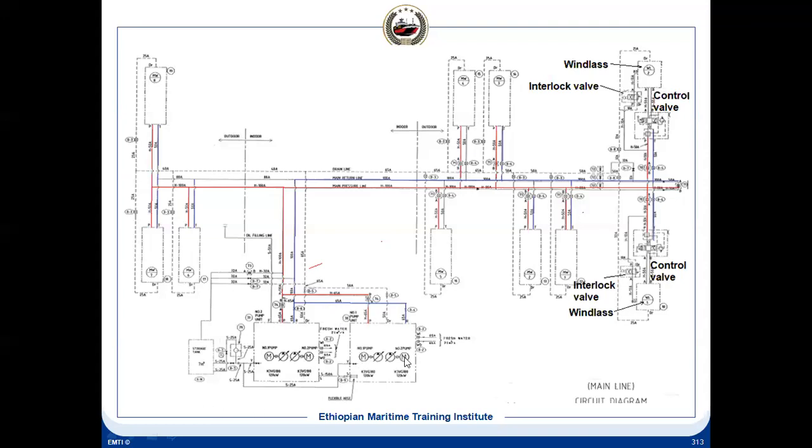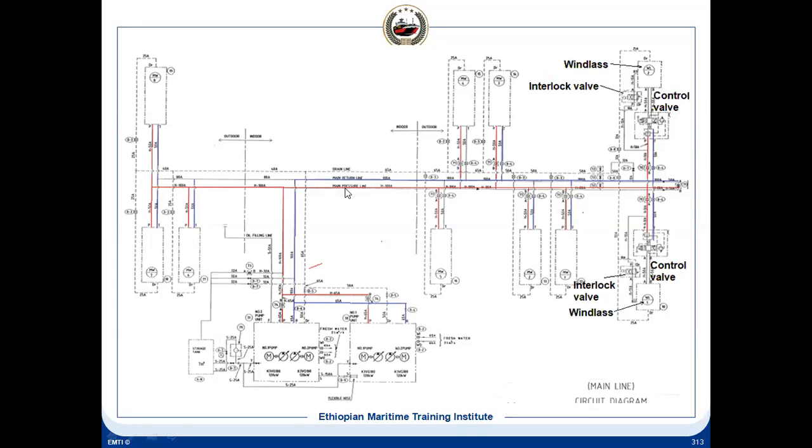You can see there are two pumps in each power pack. This is two pumps and this is two pumps, four pumps in total, and there is a pressure line. This red line that I have drawn is the pressure line, going to the pressure side, and the return line is the blue line, which is coming back to the tank. There will be a return filter, the same for all. And on the pressure line, there will be a pressure regulating valve which will regulate the pressure. Then let us see this side, because all will be identical.